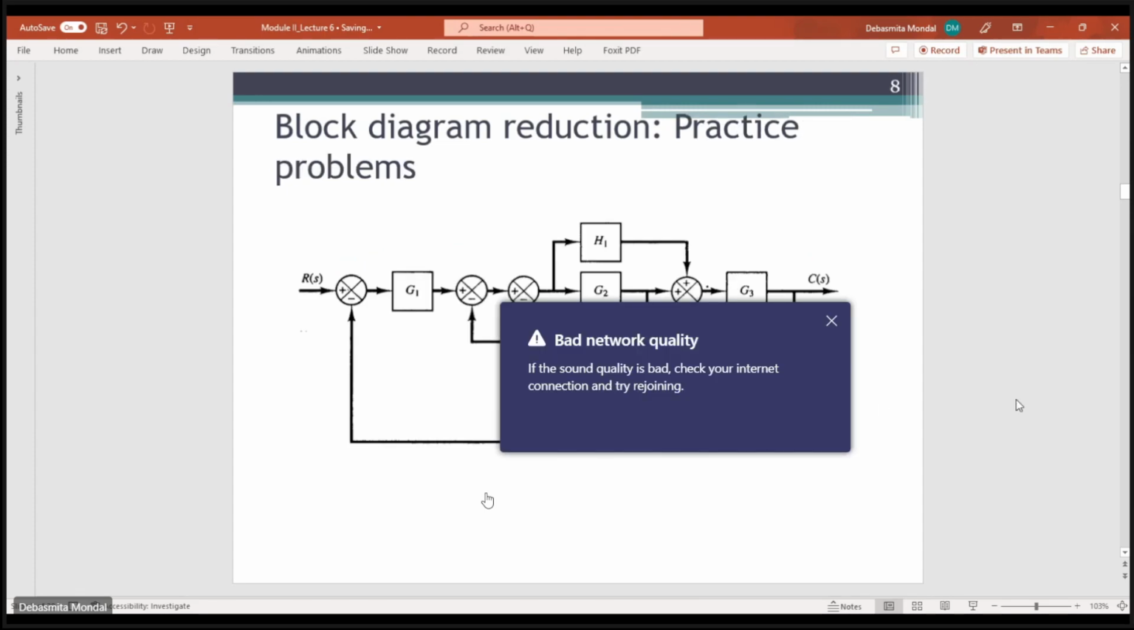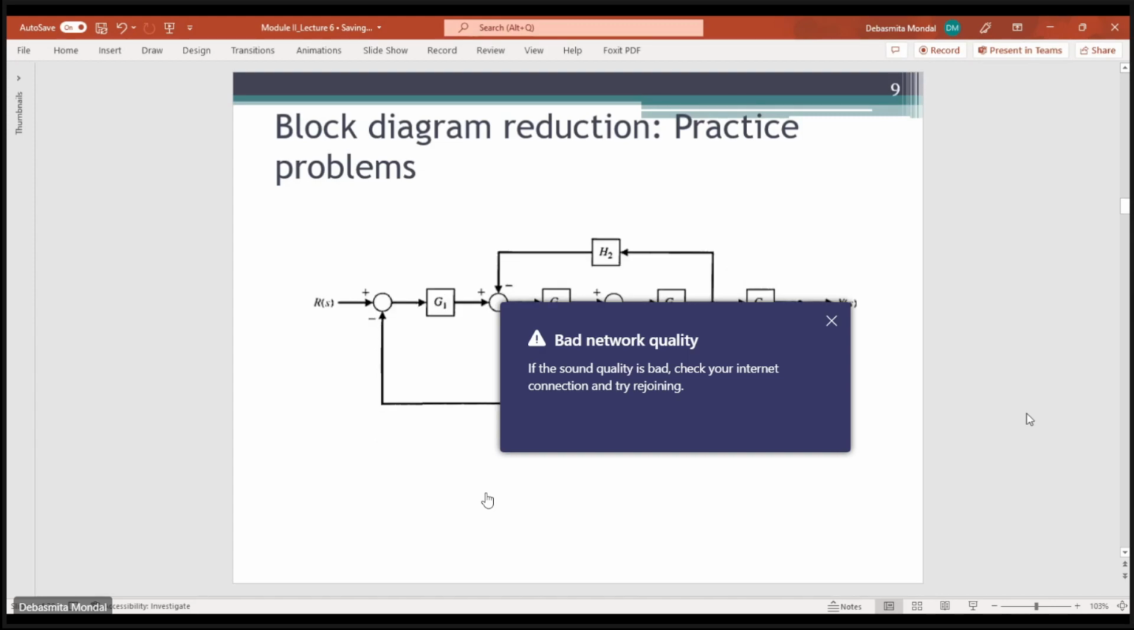So practice these block diagram reductions, and if you have any problem, we can always discuss it in the next class. So is that okay, or do you want to